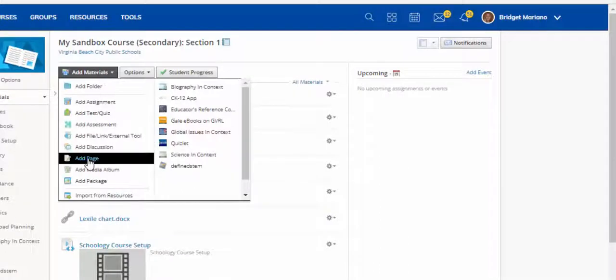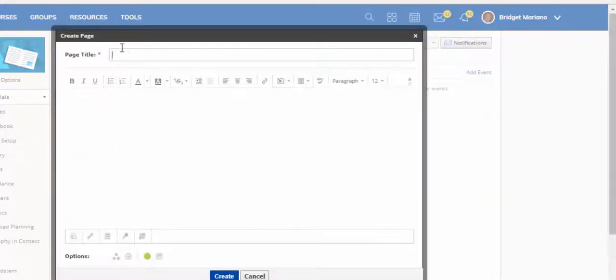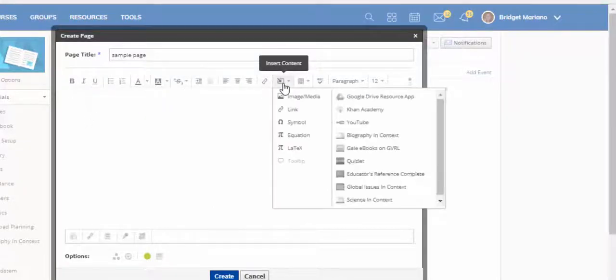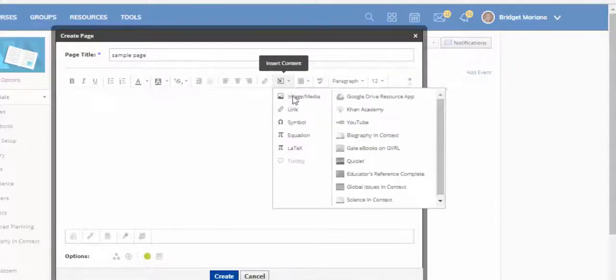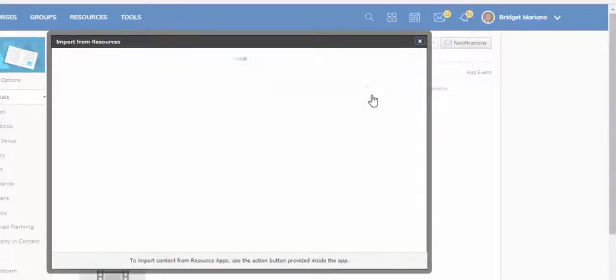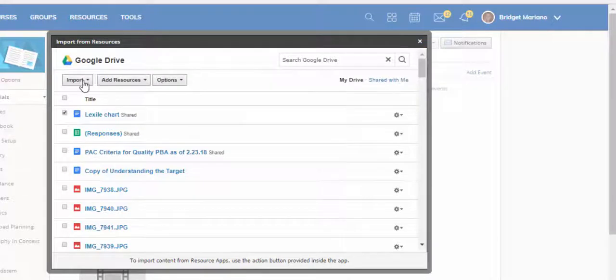Instead of importing directly into a course, sometimes you might want to insert content onto a page. So if you build a page, I'm going to build a sample page here, you'll see the insert content. You're still able to insert your Google Drive resources or videos from the web this way. This is a slightly different method, but the apps are still available. You'll see both your Google Drive app and your YouTube app if you've installed both of them